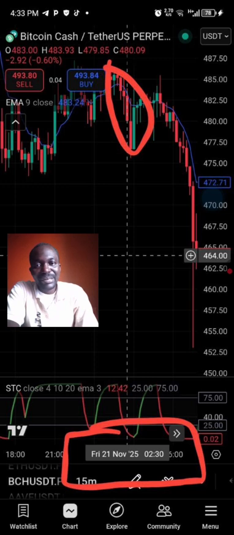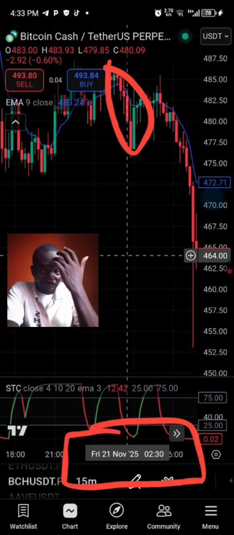Like I said, a stronger dollar will always lead to weaker cryptocurrency prices, which is what we are currently experiencing right now, because the dollar is very, very strong now. That is the reason why we are currently in the bear market, and prices are falling.